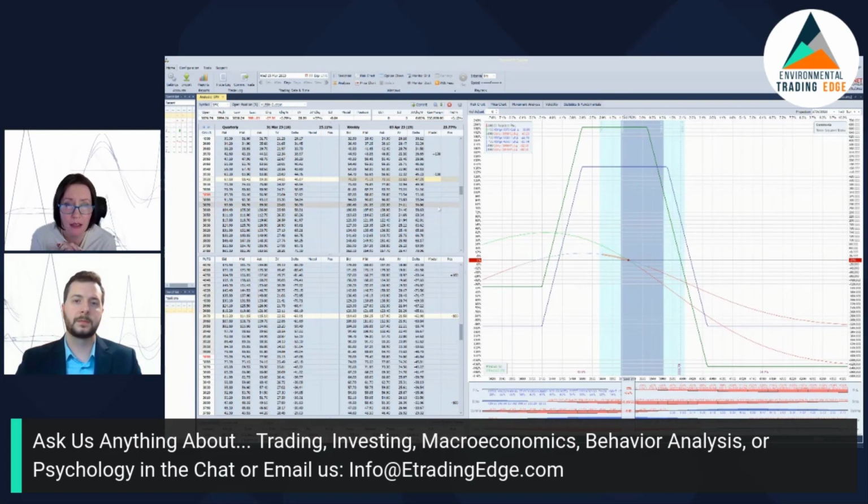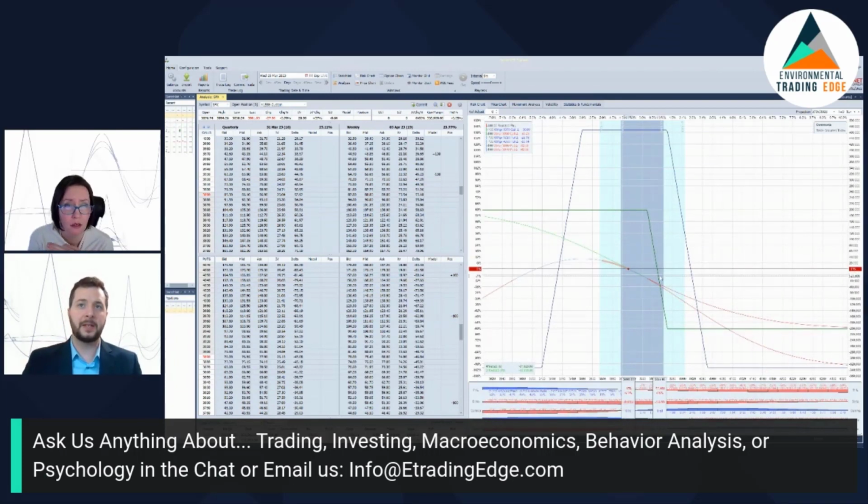So, okay, wait, go over the last part again. So the Pac-Man is still facing the same way. Correct. But is it also still on the same side of the market? Yeah. So here's the Pac-Man, and he's above the money, right? So he's above where the market is right now, because that's where the red dot is. Yeah. And if I were to take him